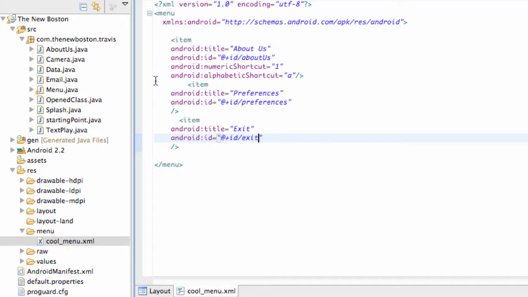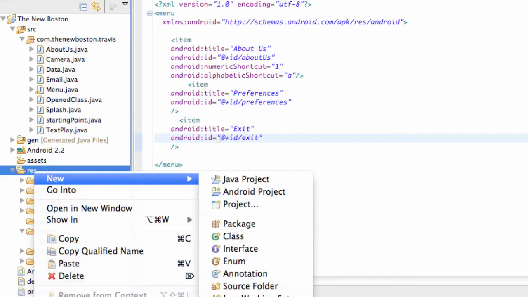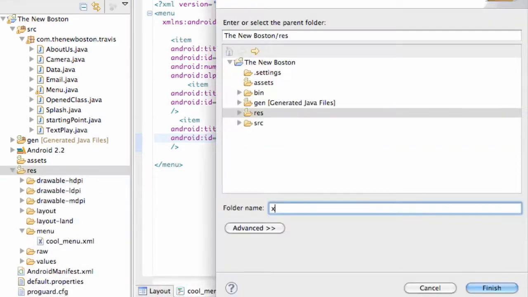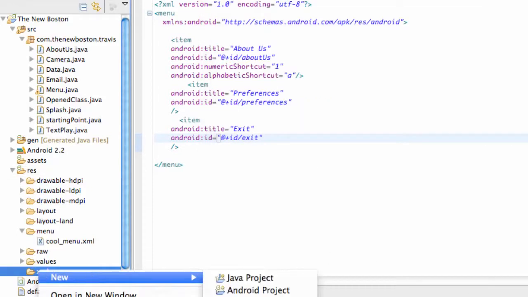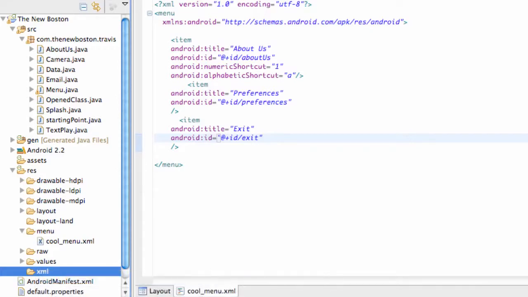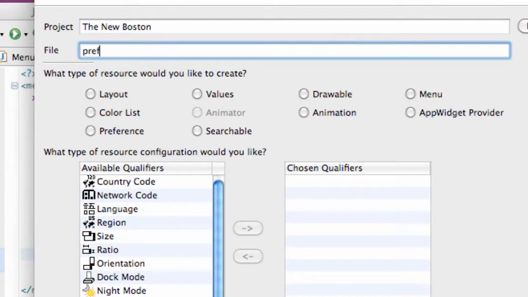But let's get into it. What we're going to do is create a new folder called XML, and this is going to hold where we're going to put our preferences. So again, new folder, all lowercase XML. Make sure it's within your resource folder right here. Hit finish, and then just right click, hit new Android XML file, just like always, and we're going to call this prefs.xml, and we have to choose which kind of